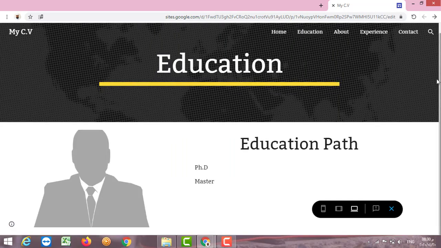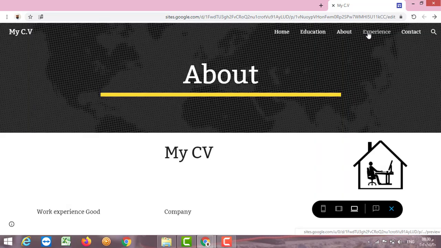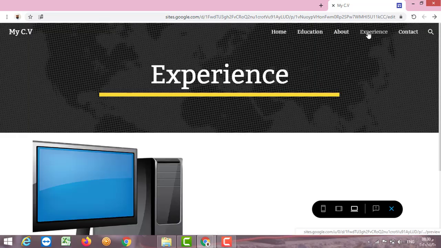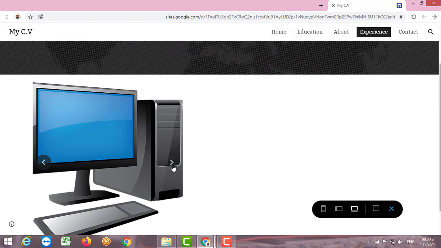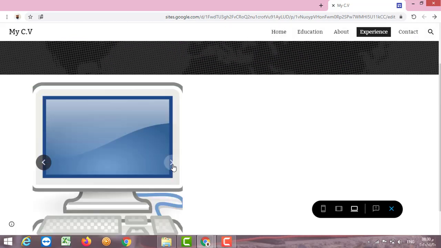And we have this page, we have the about, and we have the experience, and we have the contact. In the experience, these are the pages. We have the navigation. We can change, and also we can control. To stop the preview, click the X icon.